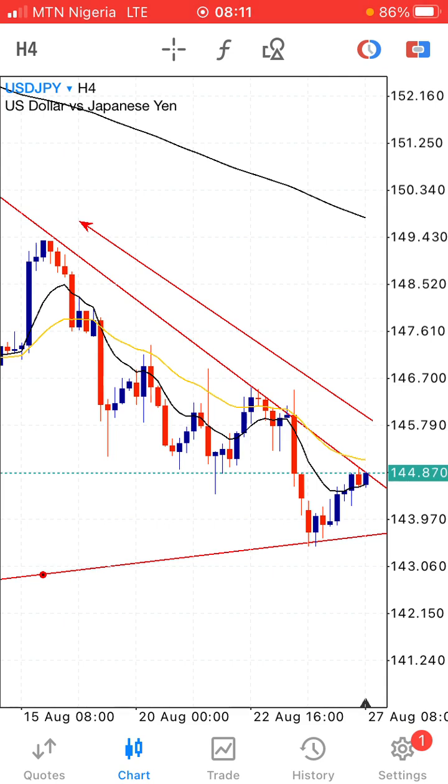And once it breaks away, tests, and my moving average, my 9 crosses my 25, I am good to go. Just imagine I'm good to go like this. My arrow is pointing up. That's where I'm going to take my profit. I'll just put my stop loss on that minute and I'm off.